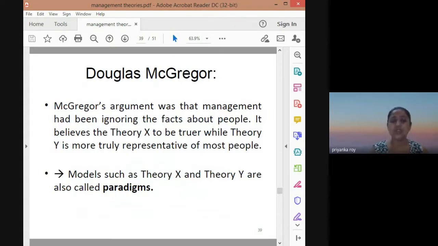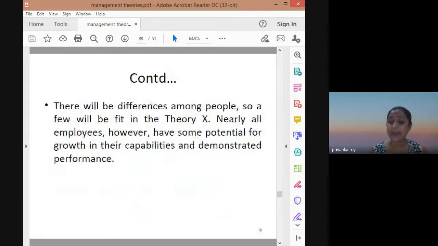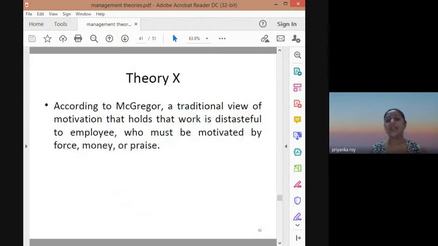Models such as theory X and theory Y are also called pragmatism or pragmatic theory. Now there will be a difference among people, so a few will fit into theory X and a few will fit into theory Y. Nearly all employees, however, have some potential for growth in their capabilities and demonstrating performance. Whereas theory X, according to George,